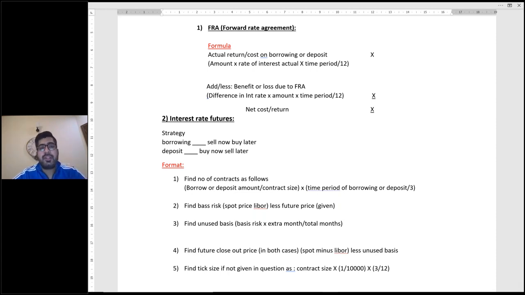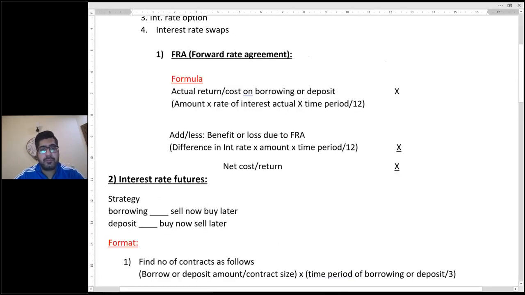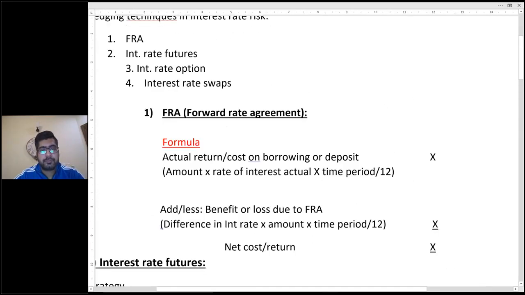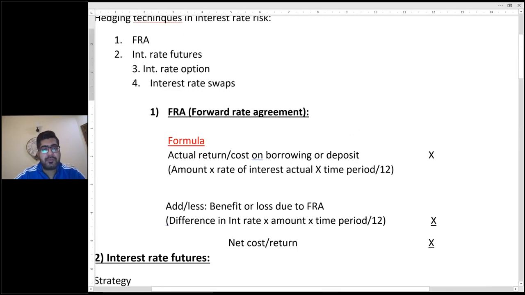Okay, now how to deal with FRA in the exam? The format of FRA is in front of you. And if you want, I will send this format here after the class or on your WhatsApp group. The format of FRA is that you need to take